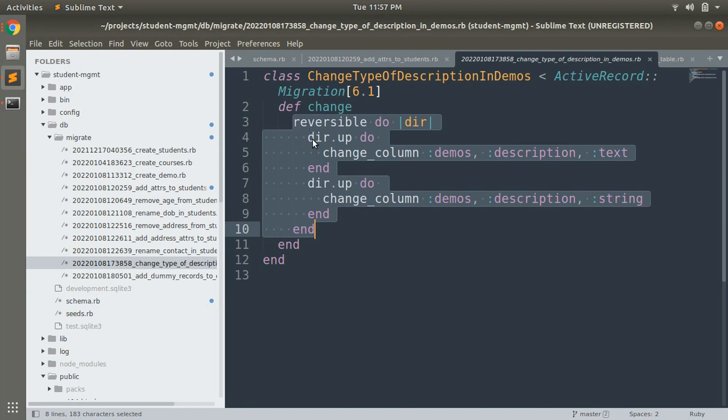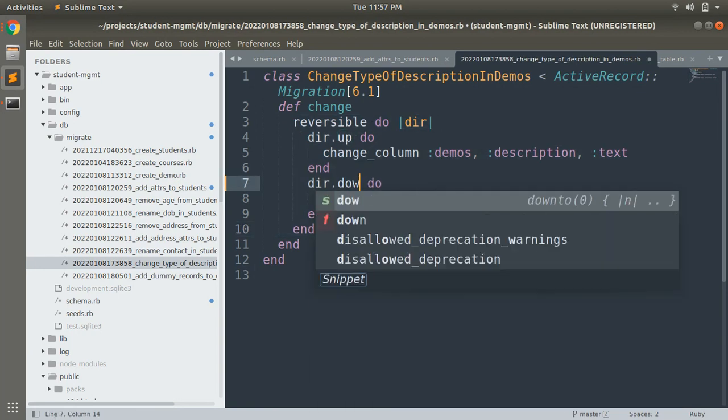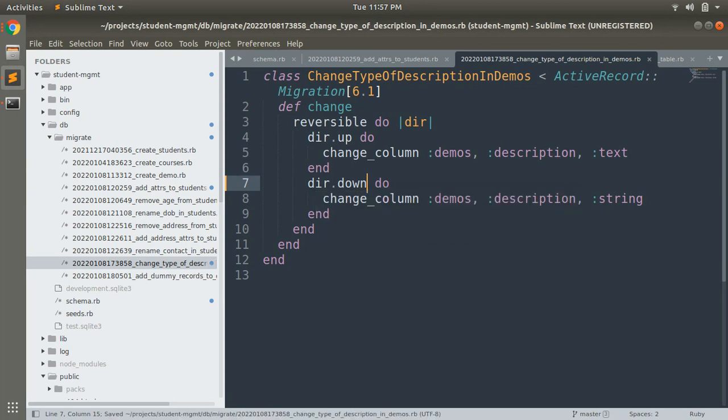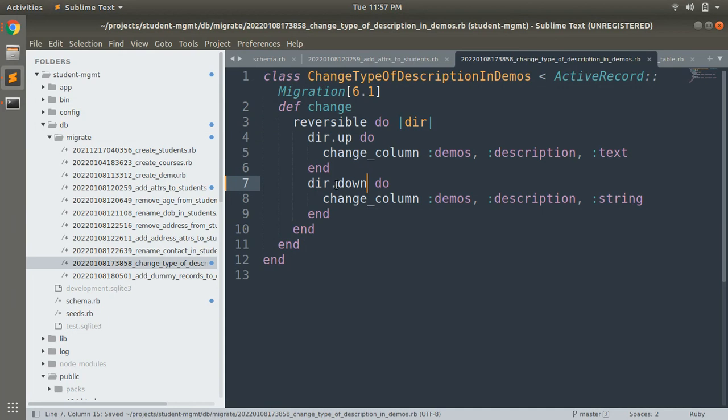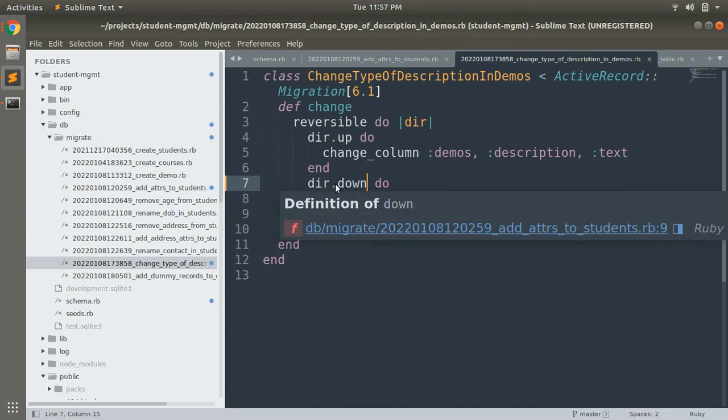And you can also see here that the reversible block is ultimately using up and down. Sorry, it should be down here, a mistake. So up and down methods are for running the migration and rolling back the migration respectively.